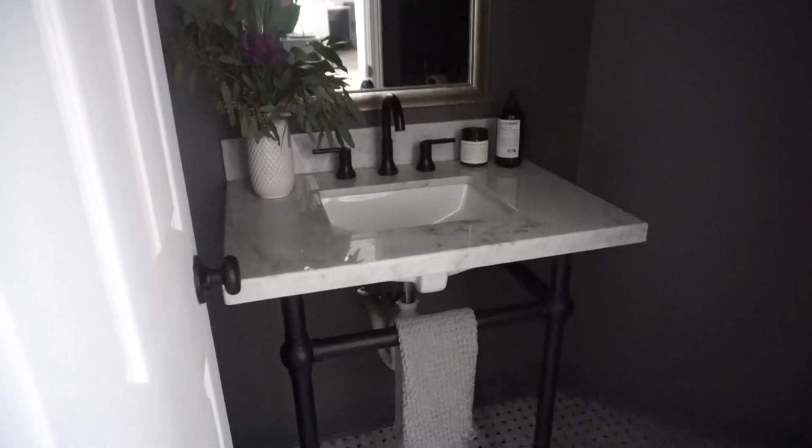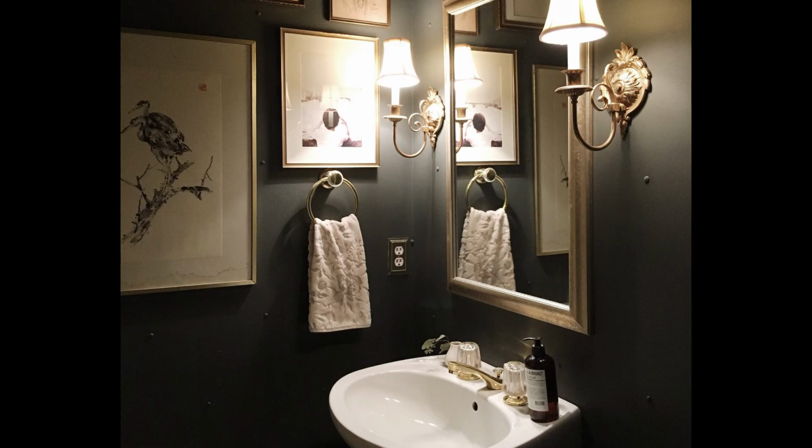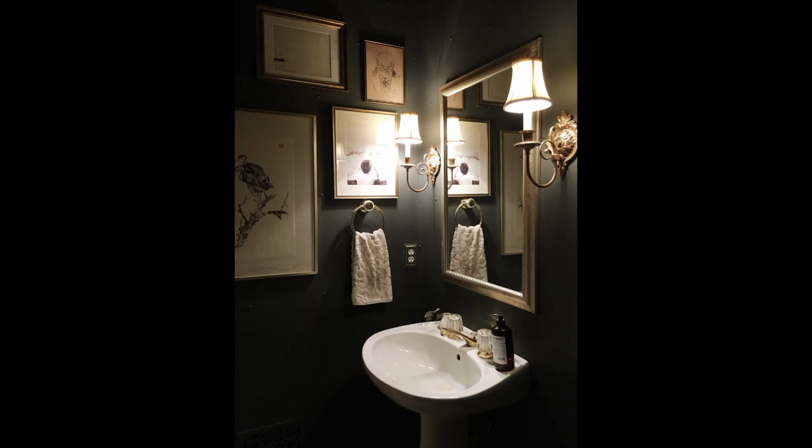Oh my gosh, I'm freaking out about it. I love the fact that it holds my towel, and it's beautiful and elegant and so timeless. And I reused the mirror that I had in here from before because it still went. I did, however, splurge yet again. I know, you guys, I'm so evil. There was nothing wrong with those traditional sconces, but oh my gosh, are these new ones not just like, oh,